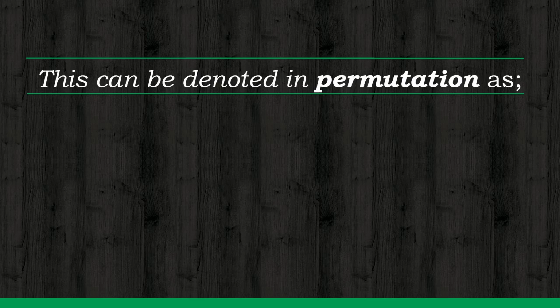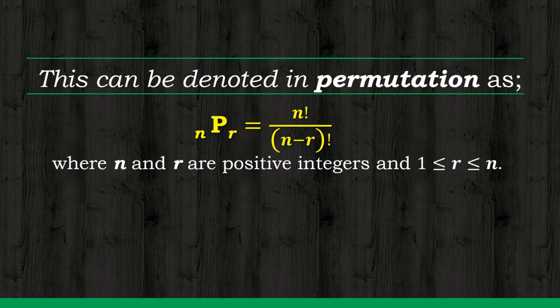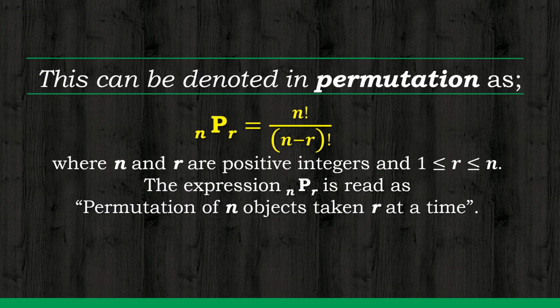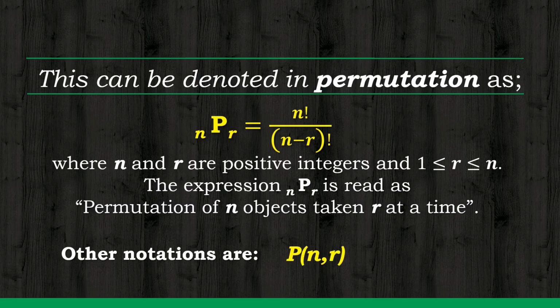This can be denoted in permutation as permutation of n taken r at a time equals n factorial divided by the quantity of n minus r closed quantity factorial, where n and r are positive integers and r is greater than or equal to 1 but less than or equal to n. The expression nPr is read as permutation of n objects taken r at a time. Other notations are